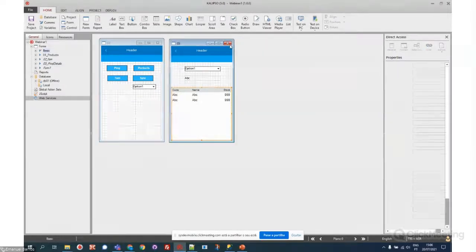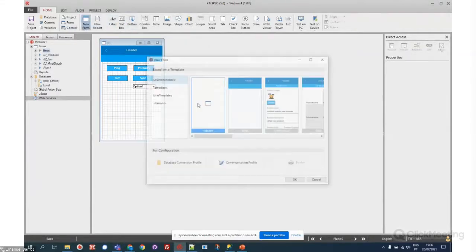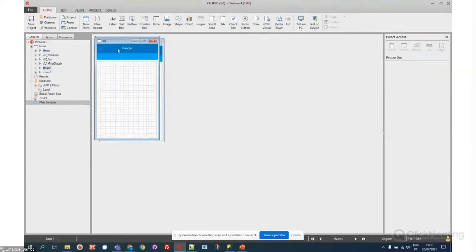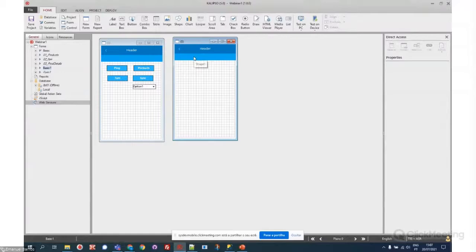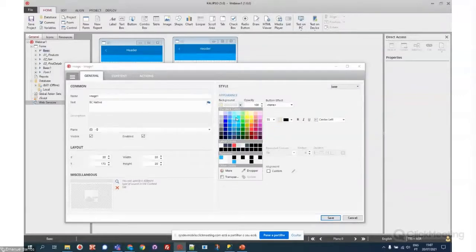Let me close that. Let's create a new form here. And you can have buttons, but you can have an image. Let's use an image as a button. Let's say barcode native, with a background,